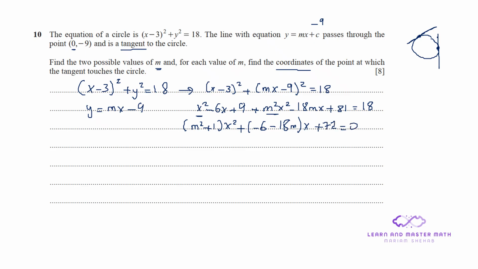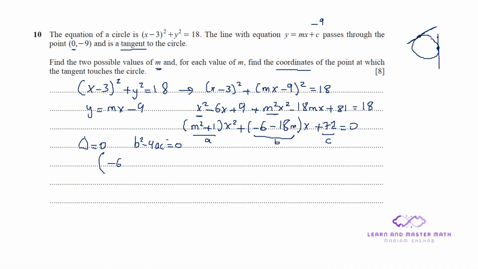Well, if you do the quadratic here, you can find the discriminant equal to 0 as the line is tangent to the circle. And in this case, we have b squared minus 4ac equals 0. Here a is m squared plus 1, b is negative 6 minus 18m, and c is 72. Let's substitute this in the discriminant formula, and then we get